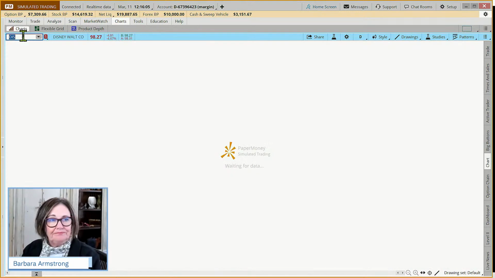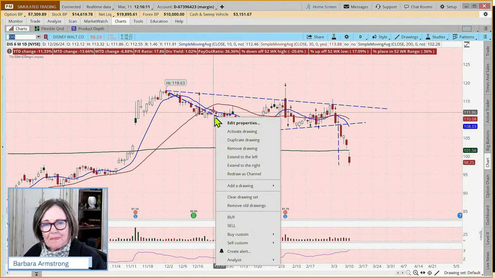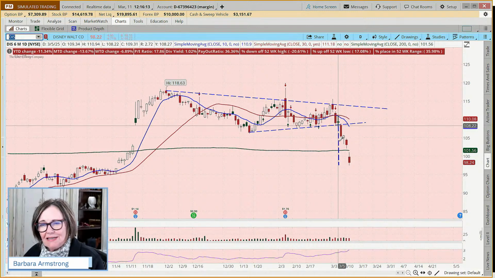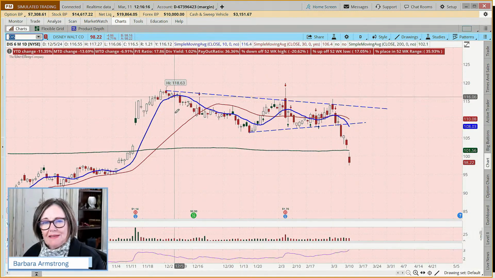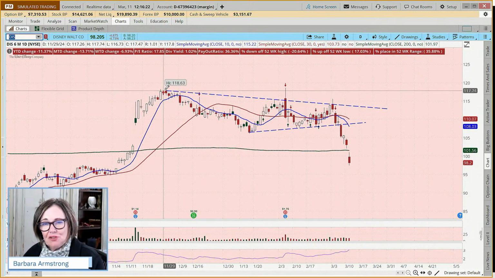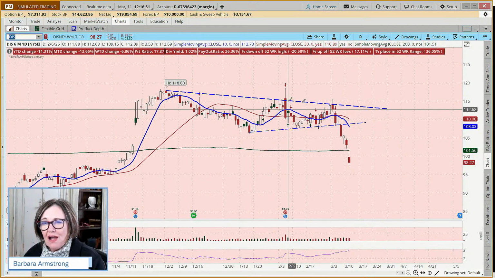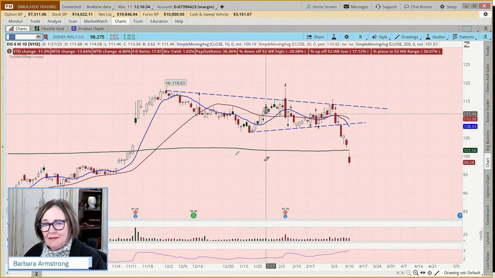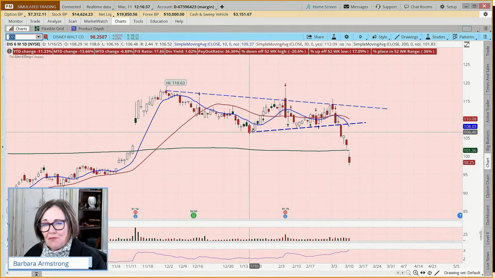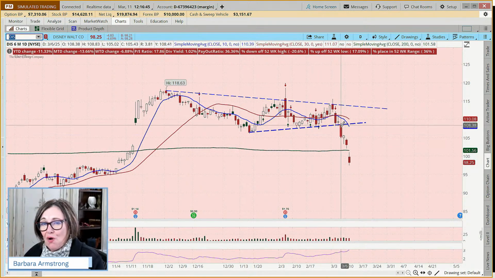How about Disney? So if we come and look at Disney, and I'm going to just take these off and then we'll look at this again. But we saw a stock that gapped up on this earnings and then came up to a high. But then we saw it kind of consolidate and start to move to the downside. We had a lower high, another lower high. But after it made this pullback, we had a low, higher low, higher low, higher low. And then it broke out. It broke below the support level.